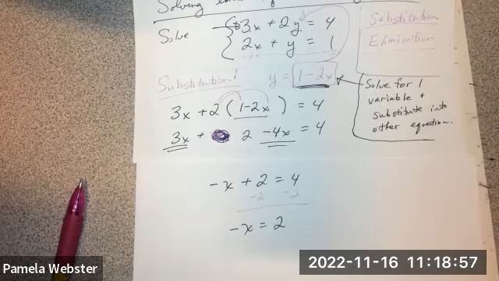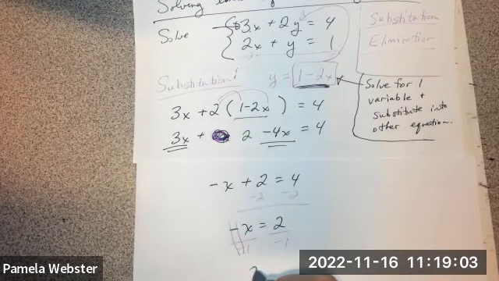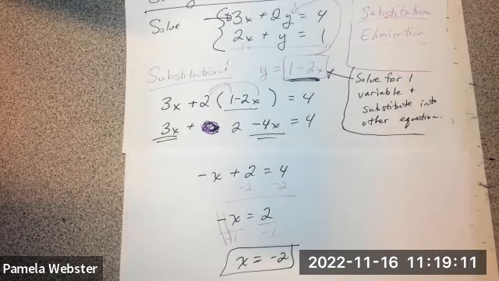Divide by negative 1, right? It's got that negative out in front of it. So I want to get rid of that negative sign. So x equals negative 2, because what I do to one side, I do the other. So I've got a negative 2. All right. So then whenever I'm finished and I have x equals negative 2, again, I should be able to